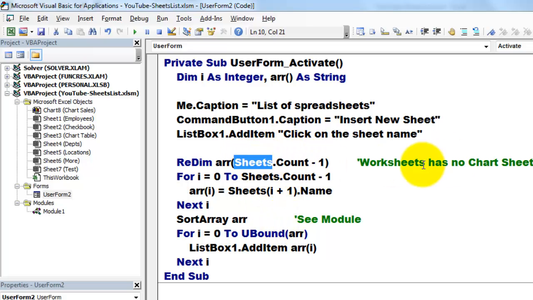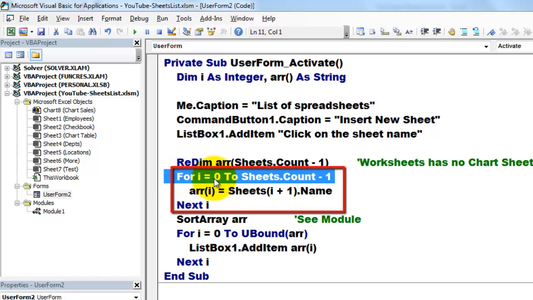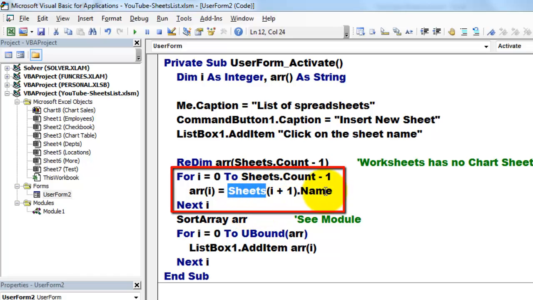Why did I use sheets and not worksheets? Because worksheets does not include chart sheets. So sheets is a more comprehensive one. Then we loop through all the sheets for I equals 0, remember we start at 0, to the sheets.count -1, and we store in array I, which is first in the 0th element, from all the sheets, the one that is I plus 1, because there is no sheet 0 in Excel, dot name, next I, and